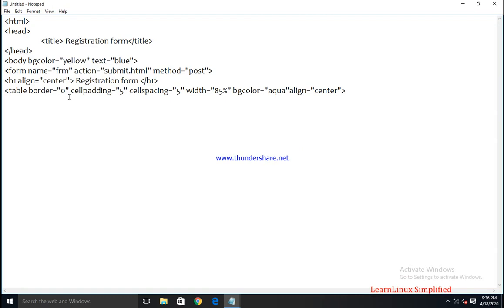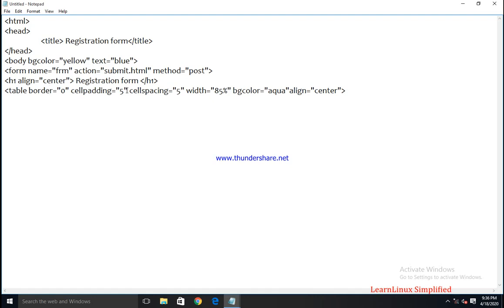Border means when our page will be displayed in the browser, what will be the border size. Here I simply want to align the attributes. I don't want to show the table structure, so I have taken the border 0. Cell padding defines the space within the cell, means the inner border of the cell and the text.